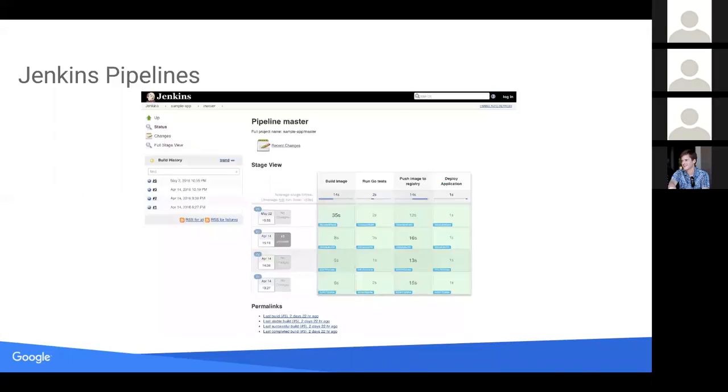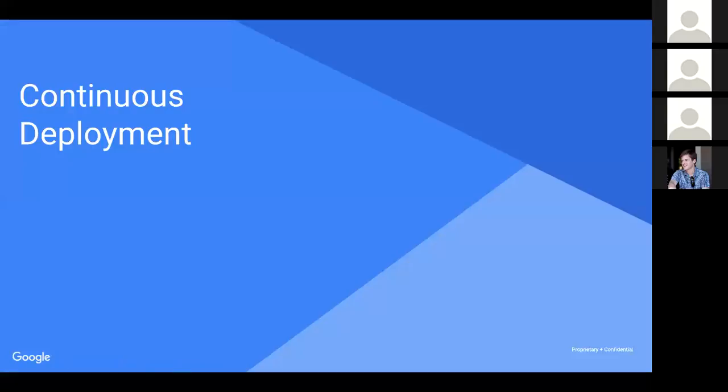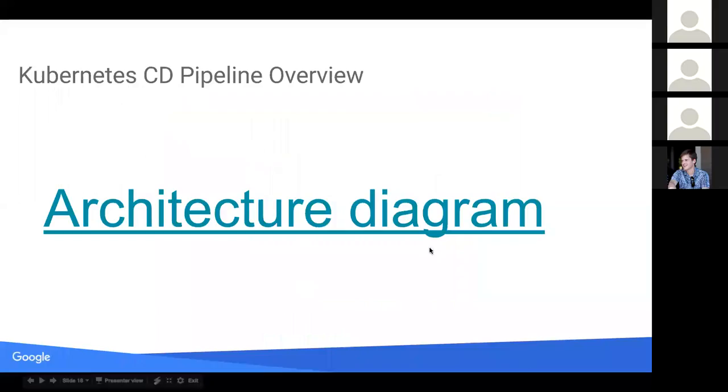Once you've completed your pipeline definition, it'll run your builds for you, obviously, and give you this nice output that lets you know how long each stage took and whether it passed or failed. You can also click into an individual stage and see what the logs are for that stage, which is pretty useful. So I know that might be a repetition from last week, but let's talk about the continuous deployment aspect